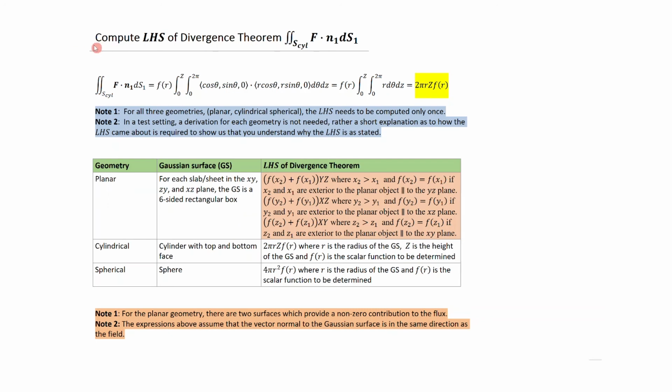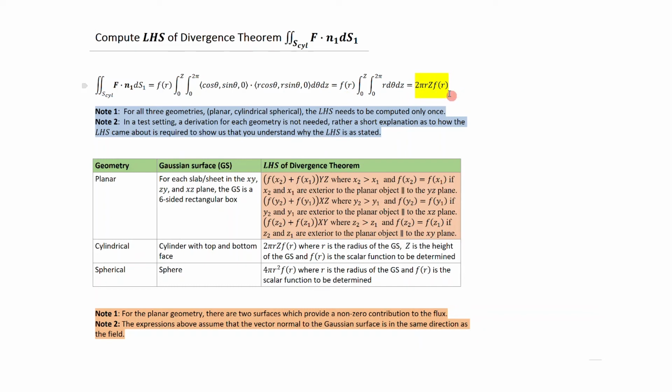All right, so now we can compute the left-hand side of the divergence theorem, and there's only one surface that makes a contribution to the flux, and that's the exterior cylindrical surface. So making use of the results from the previous slide, we can substitute in for f and the differential surface area vector. So the dot product is shown here. If we do the dot product between these two, we end up basically with just r d theta dz. This is basically going once around the circumference, and this is the length of the cylindrical shell from 0 to capital Z. If you perform this integration, f of r, of course, is neither a function of theta or z, it can come outside the integral sign, and so we end up with this expression,